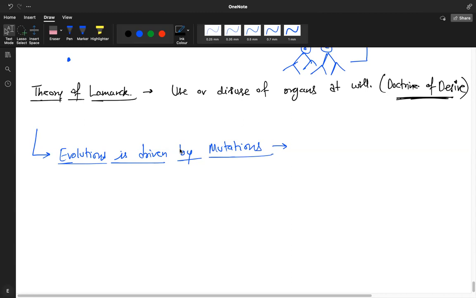But if it works for you and you get a new advantage, let's say a bacteria with a mutation just got resistant to antibiotic, miracle. Now that bacteria can live happily in the antibiotic. It will not be killed. Is it clear, everyone? Just an example. So mutations can lead to very big changes, very big steps in evolution. That's why it is called saltation. Saltation means single step, large changes.